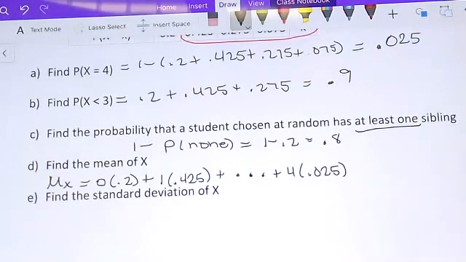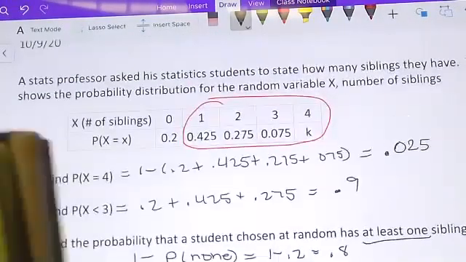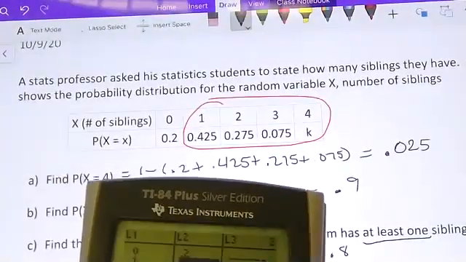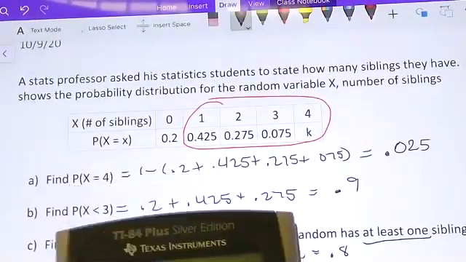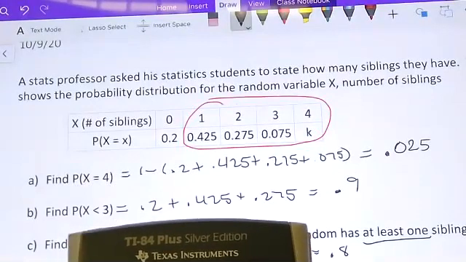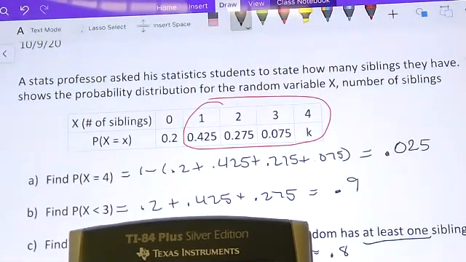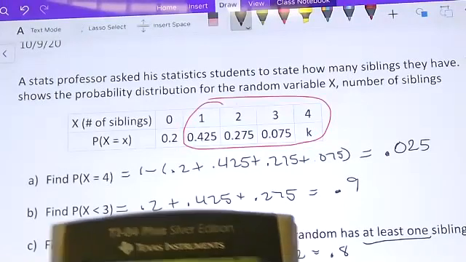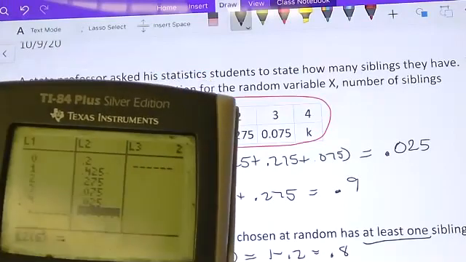that's fine too. So I could go into Stat Edit, and in list 1, I can put in the values 0, 1, 2, 3, 4. Not as imperative that you do this for the mean, but I see the standard deviation is coming up as a calculation, and I definitely don't want to do that by typing in a bunch of numbers. So let's get this in here, 0.075 and then 0.025. So I think I got them all in there correctly,